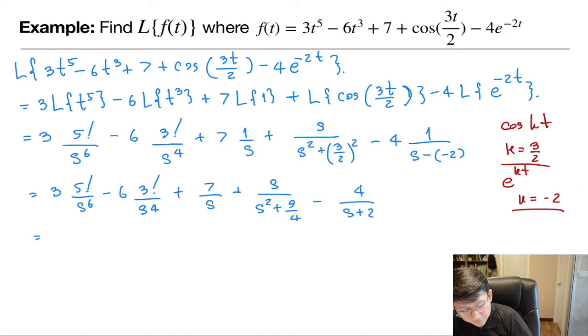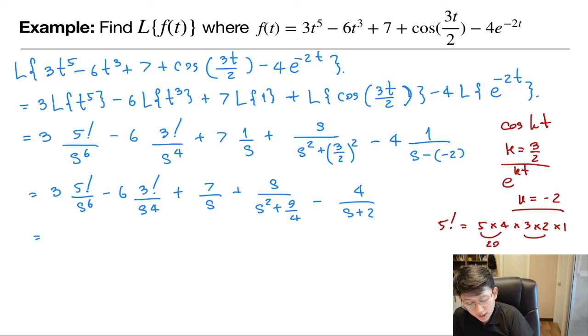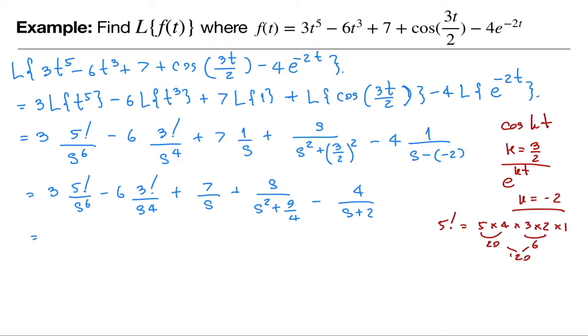Guys, 5 factorial is 5 times 4 times 3 times 2 times 1. Okay, and here is 20. Here is 6, so 120 times 3, times 3, that would be